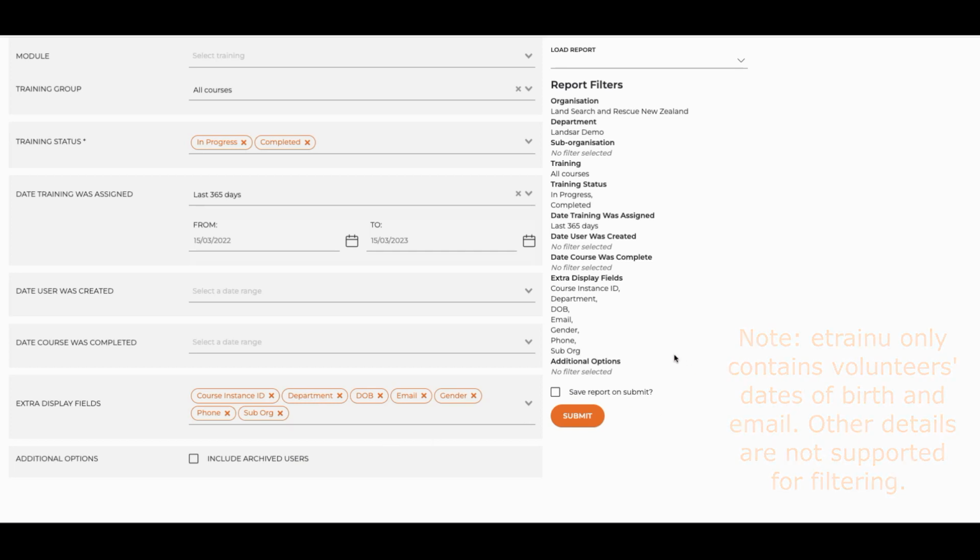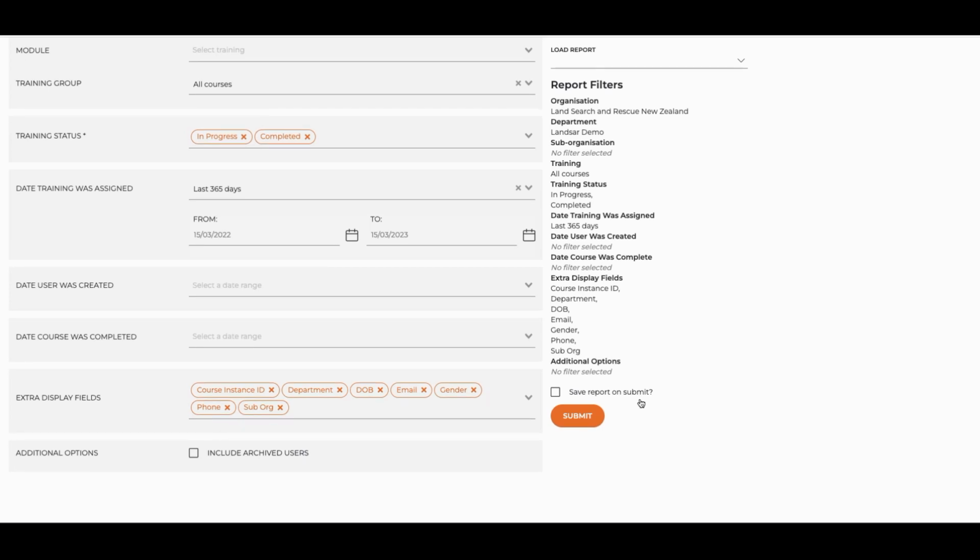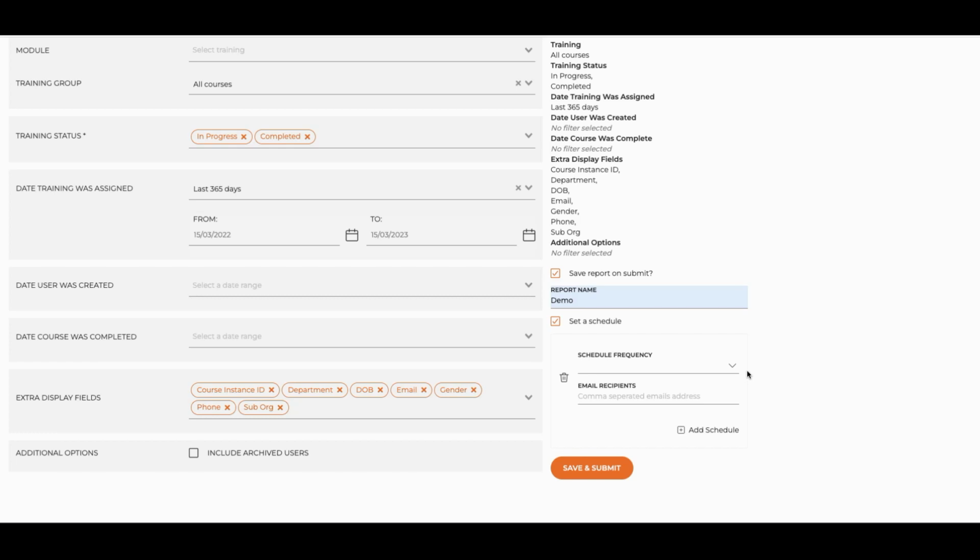Now coming over here to the right, you'll see it's saving all my reporting filters that I've selected. We have the ability to save this report and have it automatically emailed on a specific frequency that you want. So if I click on Save Report and pick a name for it, you'll see it populates with a set schedule. So let's say, for example, this criteria is something that you want automatically emailed to you every month or